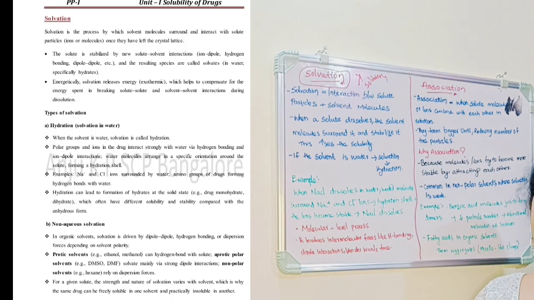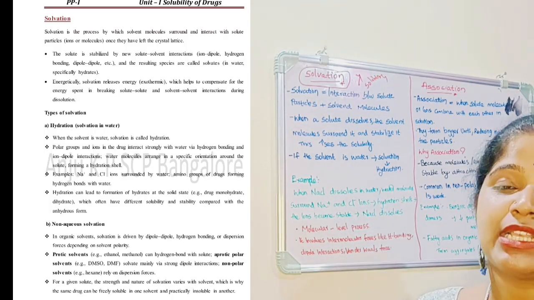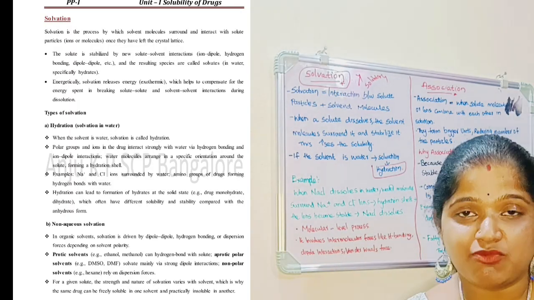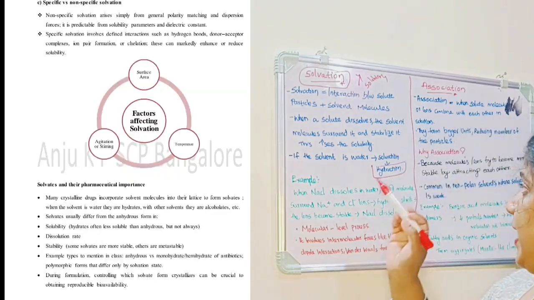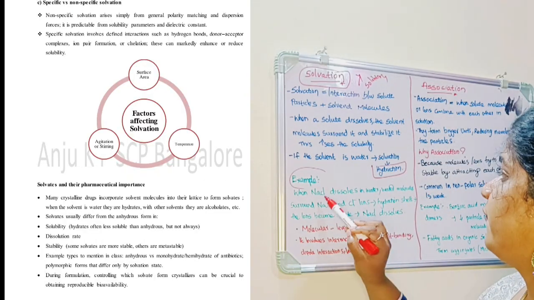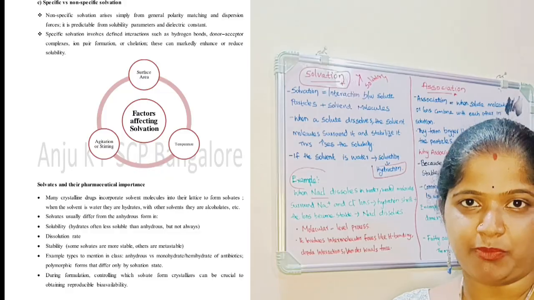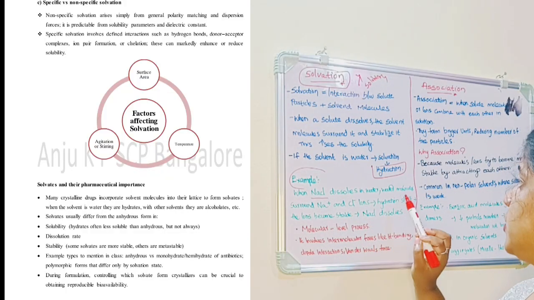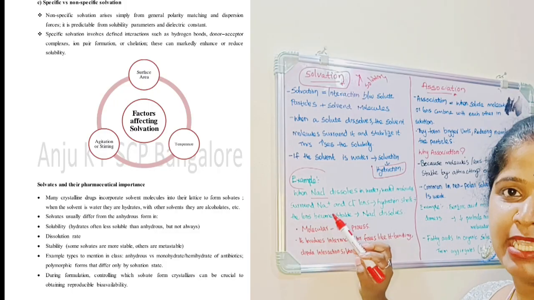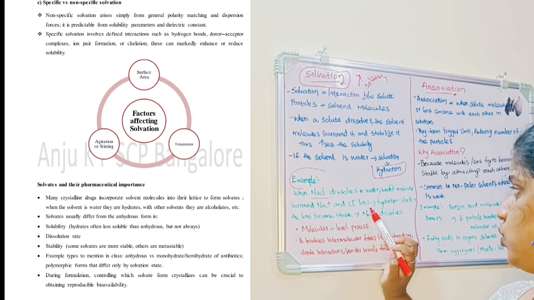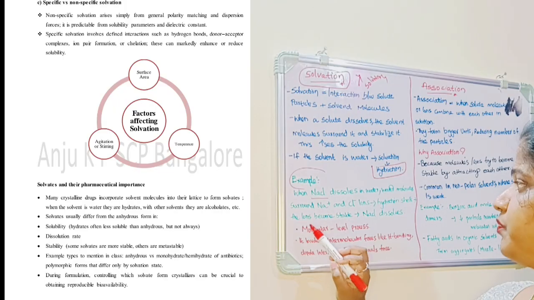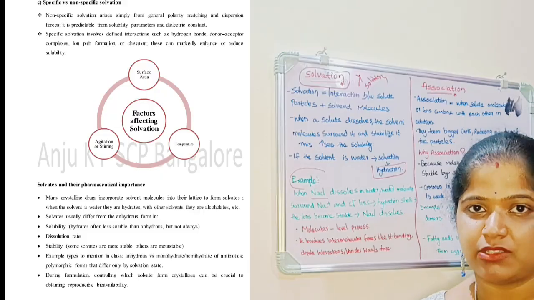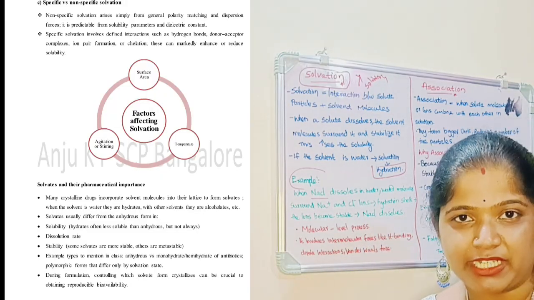If the solvent is water, the solvation is called hydration. For example, we take sodium chloride, NaCl, and dissolve it in water. Water molecules surround the Na+ and Cl- ions. Through these hydration shells, the ions become stable and NaCl starts dissolving. So NaCl in water is an example of